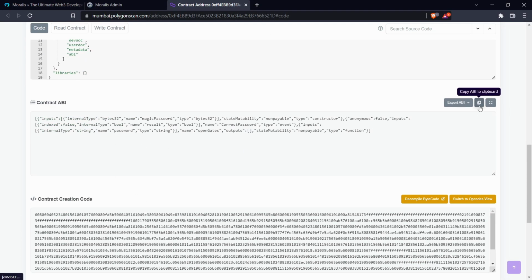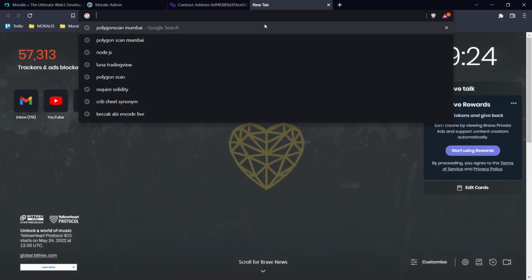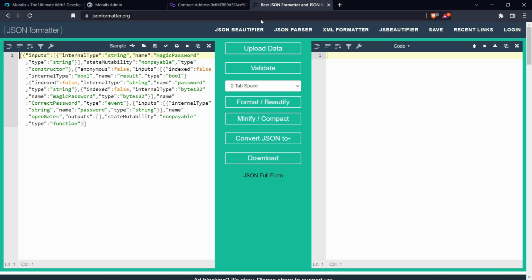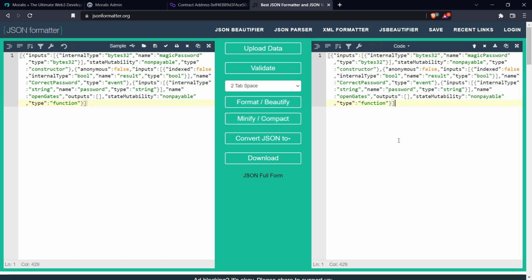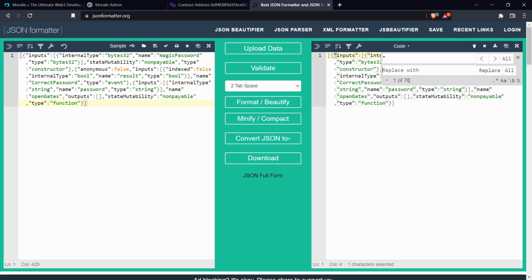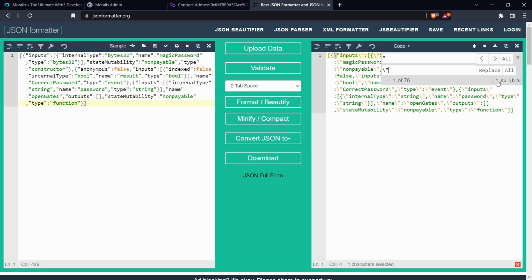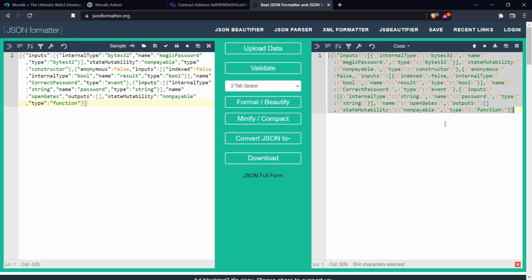So copy it, go to JSON formatter.org, and paste it here, minify, compact, and click here, then Control F, quotes, we'll find all the quotes, and we will replace them with a backslash and quotes, okay? Important. And we'll replace all. Then, perfect. Then we will copy all, go back to Game Manager,